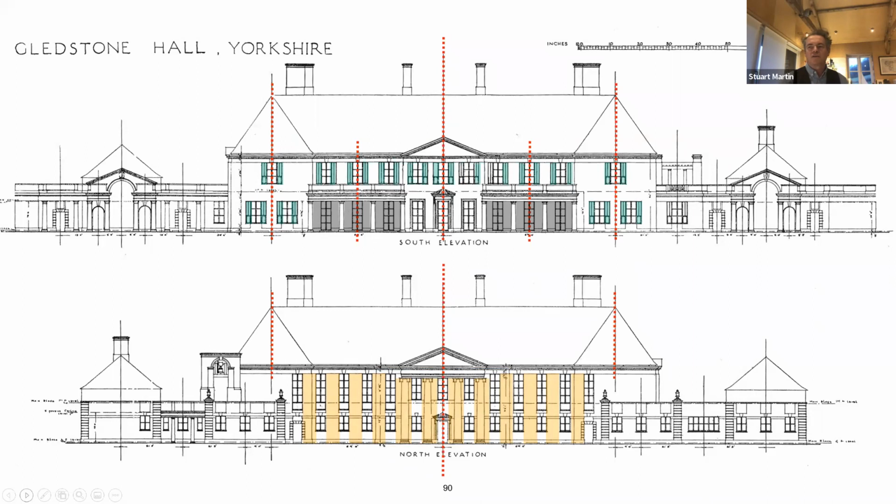Highlighted in orange here is the stone wall on that north facade between those strangely tall elongated windows, which creates the visual sensation that each of these is actually a stone pier. And when I looked at this, I realized that each of these piers is exactly the same width across the whole facade, including between the windows in the end wings and right the way through the portico itself. So it doesn't even allow the side wings a central window at all,